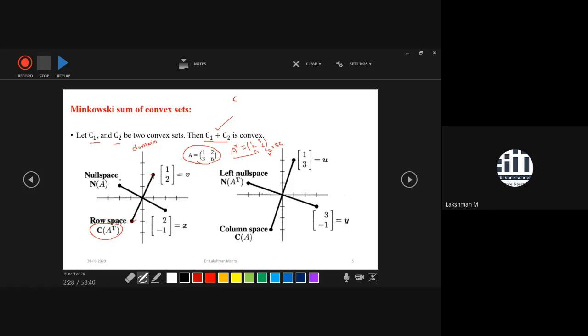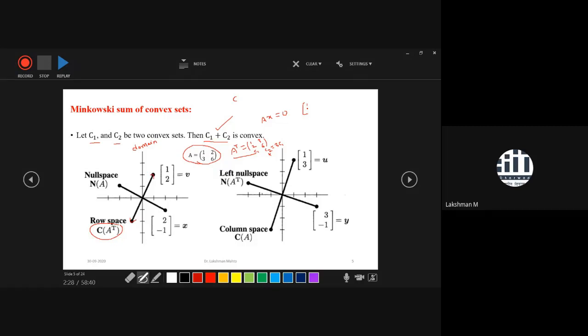So what would the null space be? How can you get the null space? You have to solve this system of linear equations. In order to get the null space, you have to find all those x which, if you multiply with A, become 0. It becomes nullified. Nullification process is happening. So again, how can you solve this? You have to apply the row reduced echelon form or Gaussian elimination method.